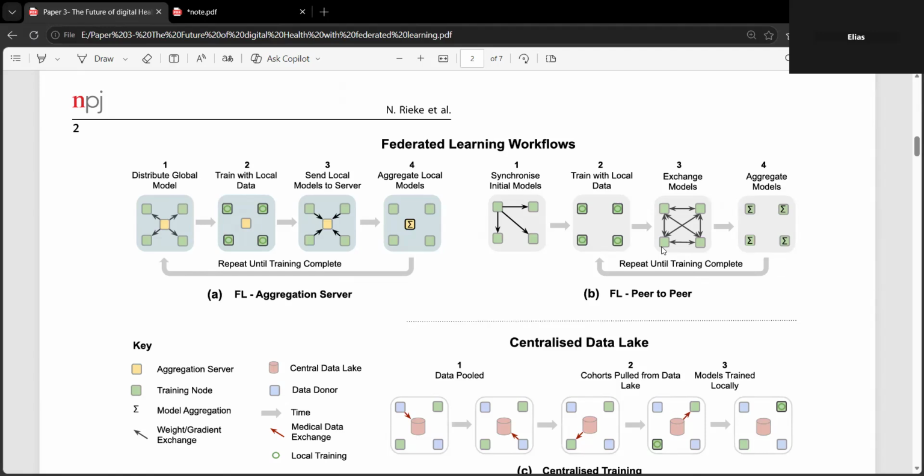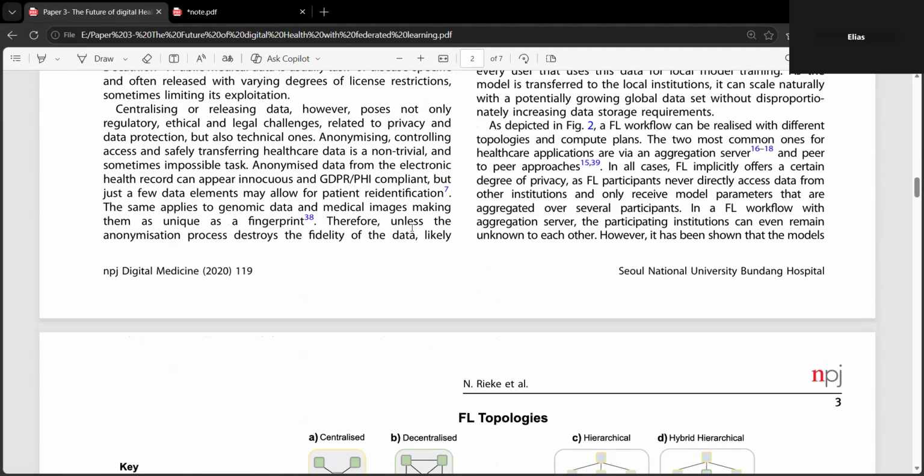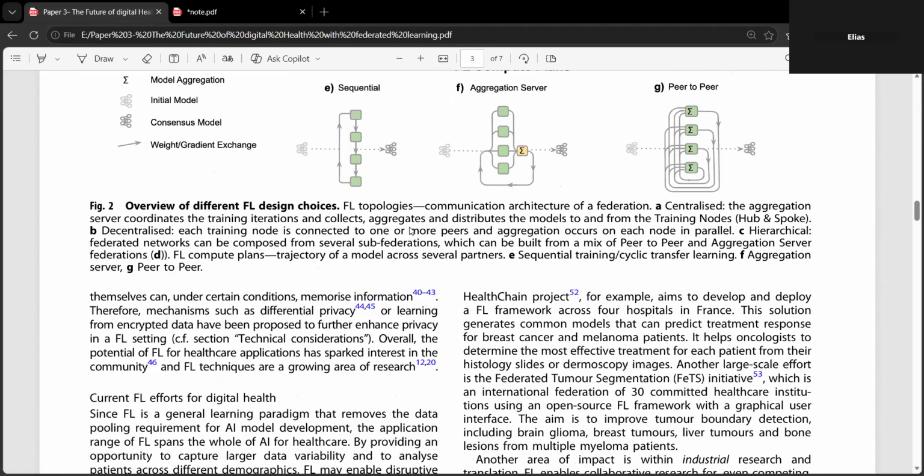So we talked about the IID assumption, which we don't actually have here, which means that different hospitals have different amounts of data, and even different types of devices. If you are talking about CT scan or MRI, not every hospital is using the same type of MRI or CT scan, so you have to keep that in mind. And also the data labeling: some hospitals might do a good job, and some hospitals might not do as good. So that's something to take into account.